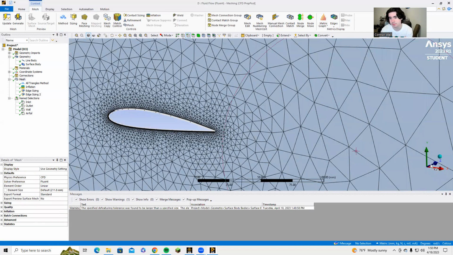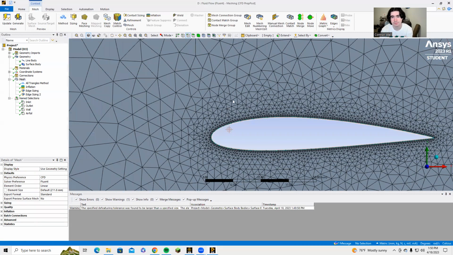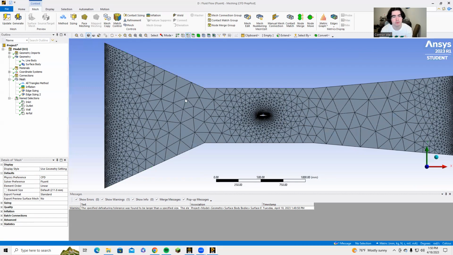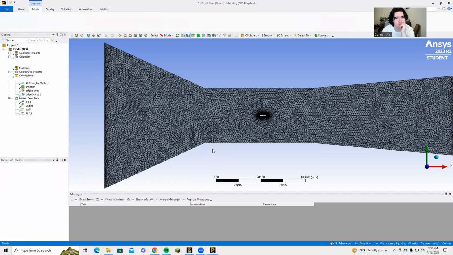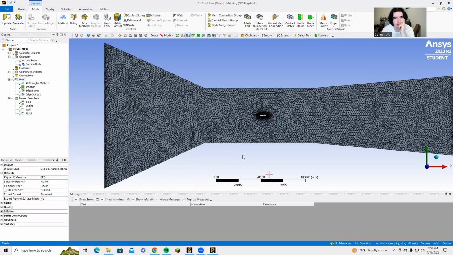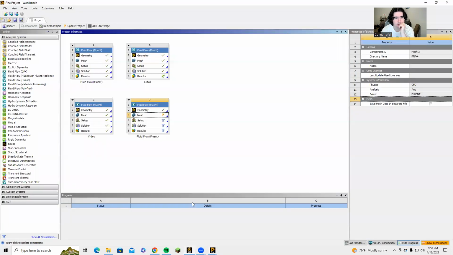All right, so that looks good. This one, we can also tone it down a bit. It doesn't have to be as large, but we can do like 20, I guess, would be fine. Yeah, looks good. We can get out of design modeler,